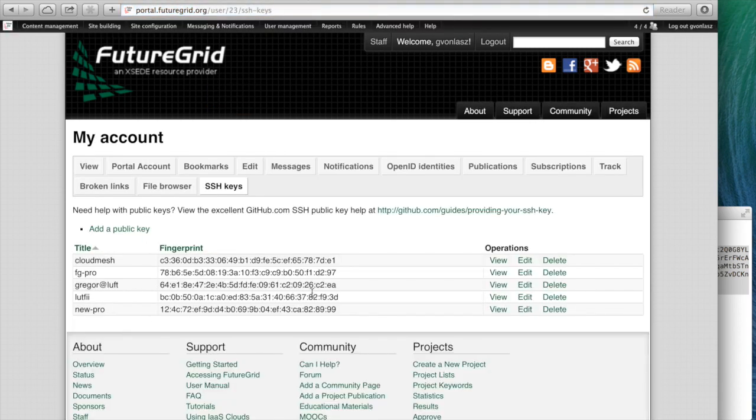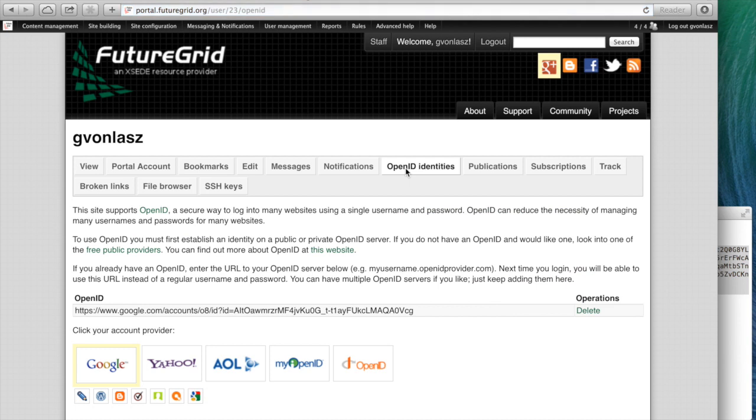So we have here, for example, added our key. I could delete the keys if I wanted to. Other things that are important is you can also register your OpenID. Here you can go to Google and get your Google account OpenID, and you can add this particular Google ID